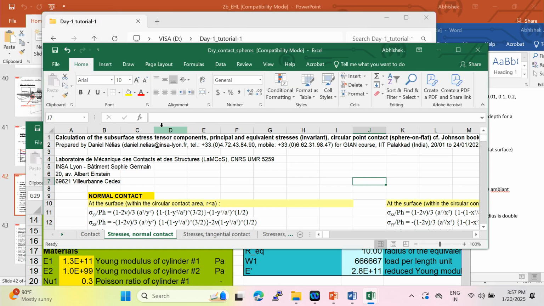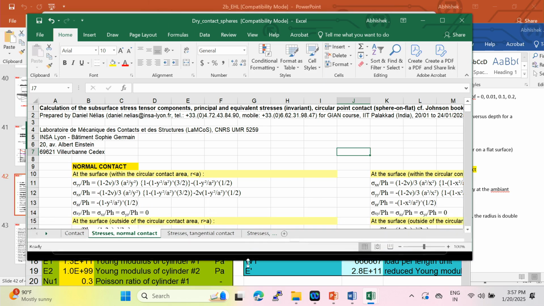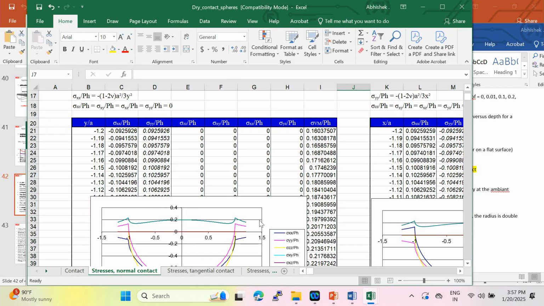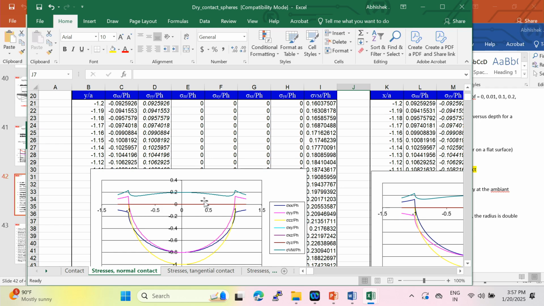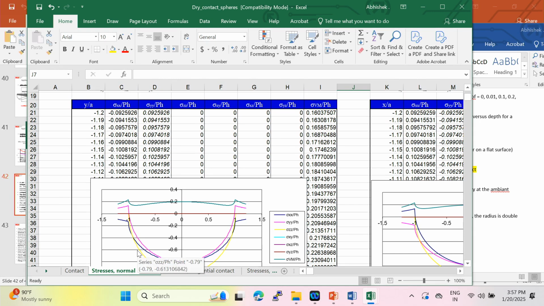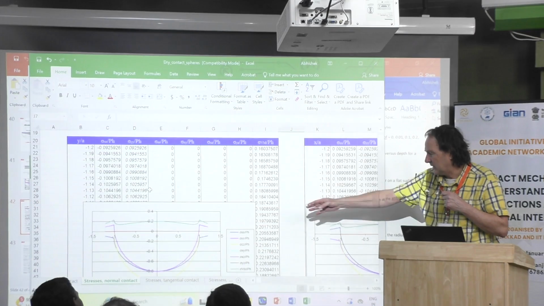Okay, then this is the same. Okay, and these are the results. Then, okay, there is a different plot. This is over the y-axis, but there are two axes, y and x. But because this is a sphere on a flat surface, the results are the same. They will be different if you have something which is elliptical, but because this is a sphere, on the right and on the left, you have the same result.